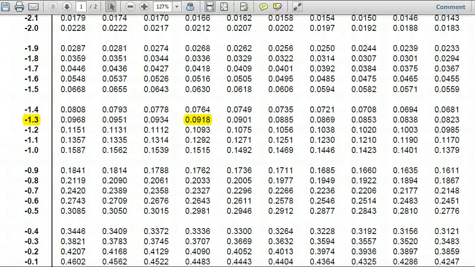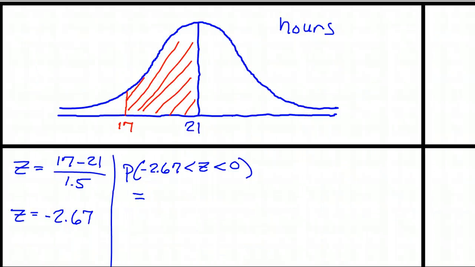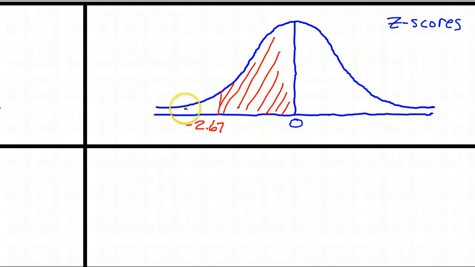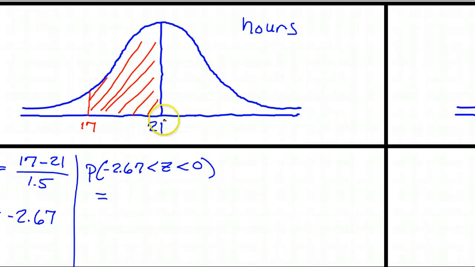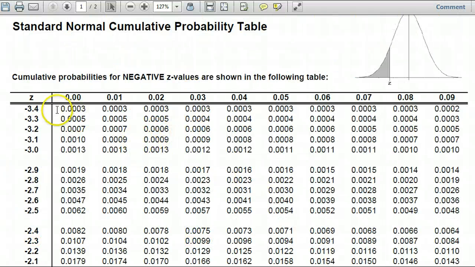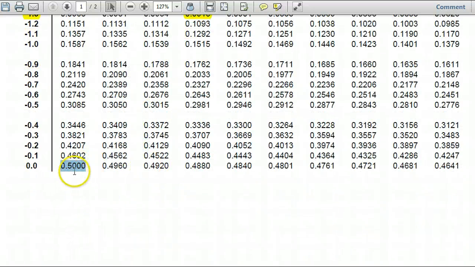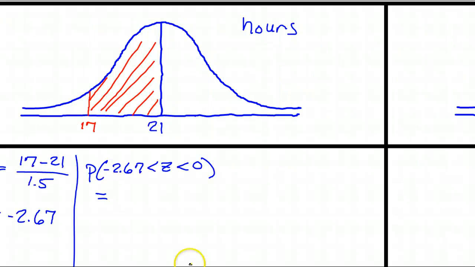I really don't need a chart for this because I know that 0 is 50% of the graph. 50% of the graph is to the left of 0. It's just like 50% of the graph is to the left of the mean. But if you were to just ignore that and look for 0, oh look, 0.5, 50%, big surprise. So we will do that. So I have 0.5